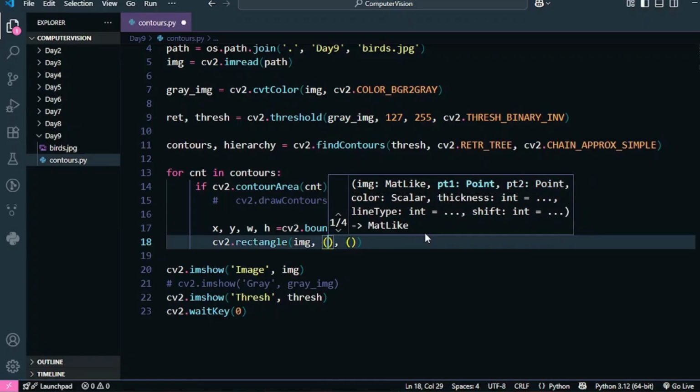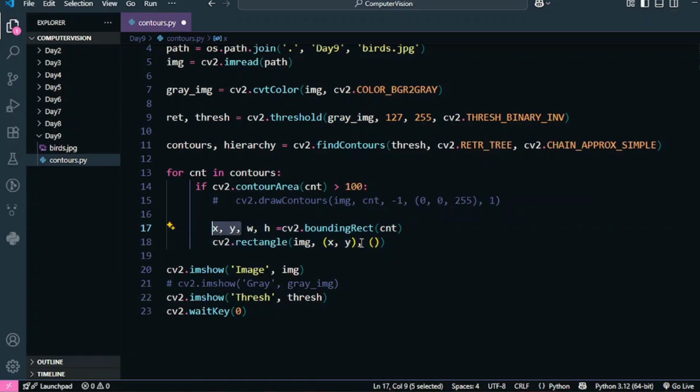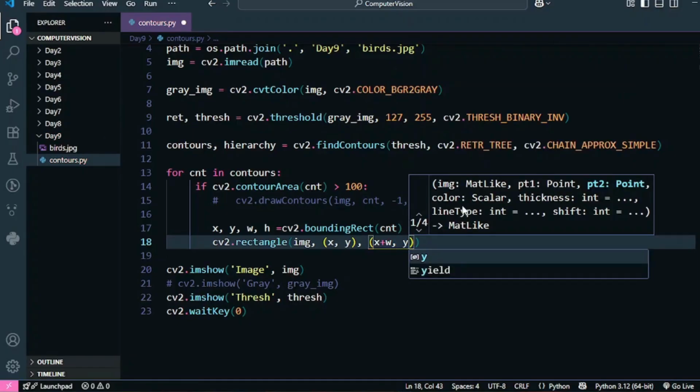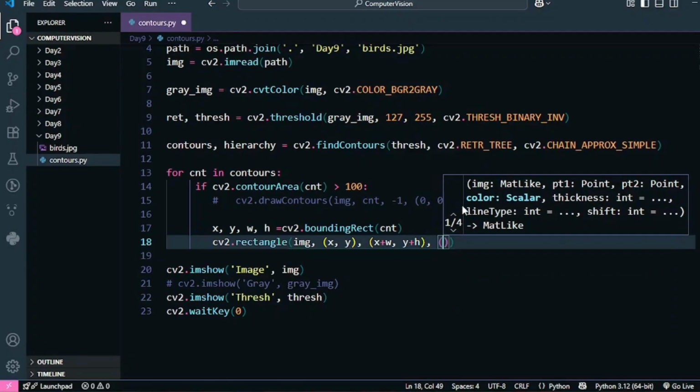The first should be the coordinates of the top left corner. So x and y were the coordinates of my top left corner, which I got from here, and then I have to write the coordinates of the bottom right corner of the rectangle. To calculate the bottom right corner, I am going to add the width to my x-axis and add the height to my y-axis. So now I have to tell the color of my rectangle.